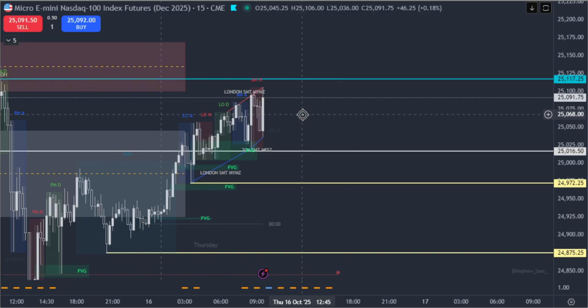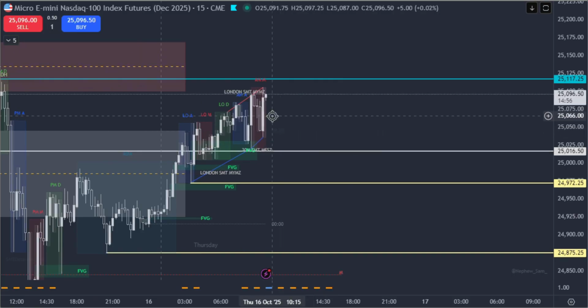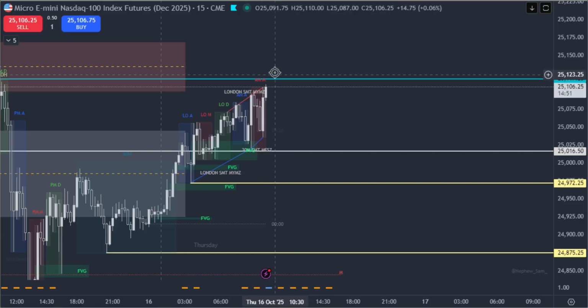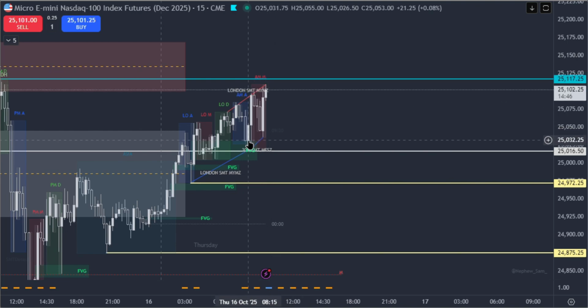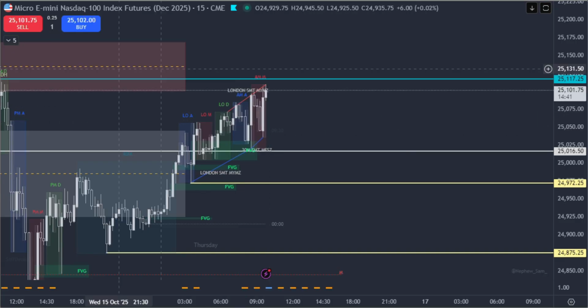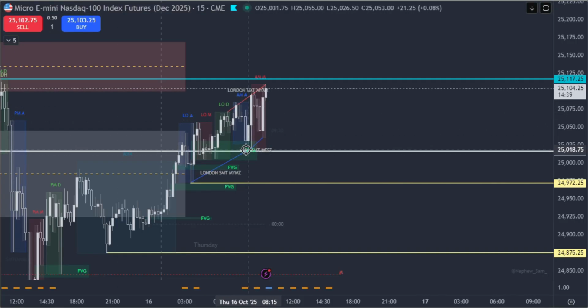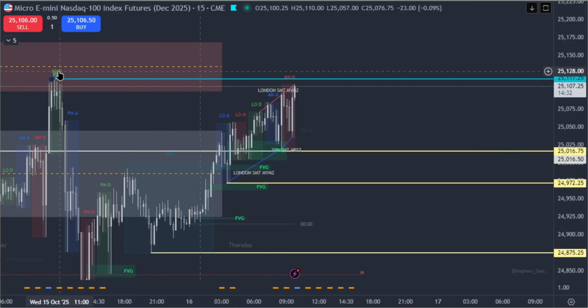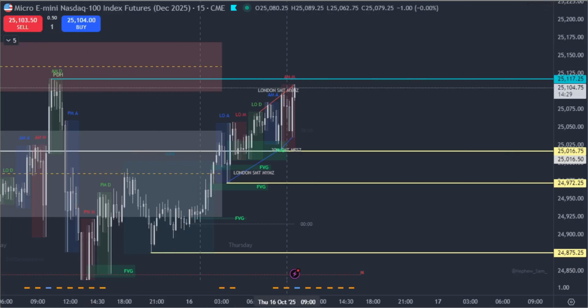to identify manipulation. Okay. So we're either going to go up, manipulate, and then have some type of market structure shift during a time of interest. And then we're going to target low hanging fruit, which could be this previous 90-minute cycle, which could be another target. This low here could be another target for sell side liquidity because we're about to take previous day high, right? So let's take a look at